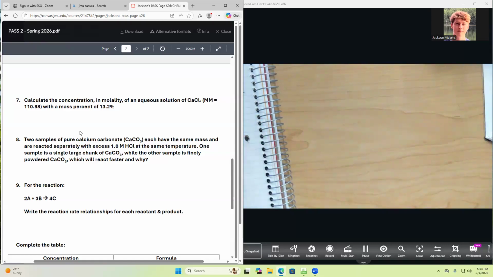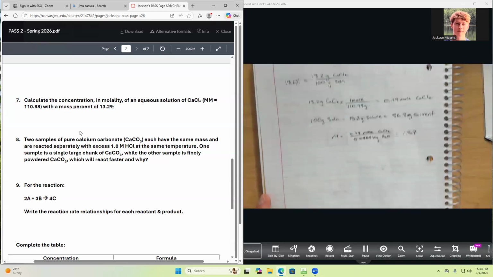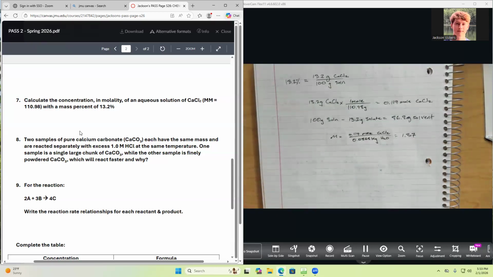Yep. Yep, that's what I got. So this one, we have to do that approximation step that he talked about where you have a mass percent, and